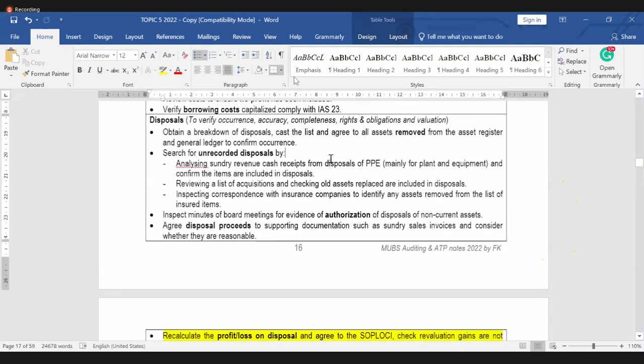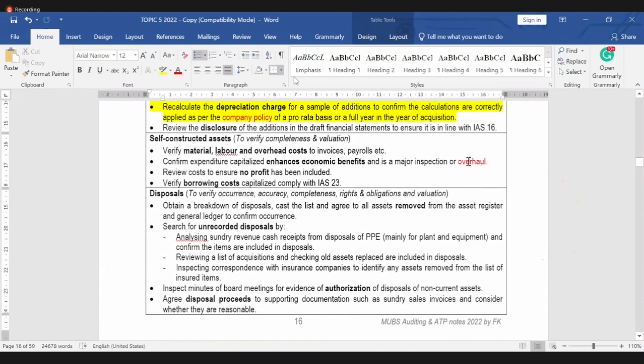Then some assets you find they are not constructing a new asset, but it's a major overhaul. An overhaul means like you have a car, you replace an engine. You have a plane, you replace the engine of the plane, and those other major parts. They are also supposed to be capitalized, and we should be seeing enhancement in economic benefits for a major overhaul. It might be a building that has 2 floors, you add the 3rd floor. That's a major addition, and we must be seeing increase in revenue for that addition. If it's a car you've replaced the engine, you must be seeing that change in terms of economic benefits. Can the car now carry more tons